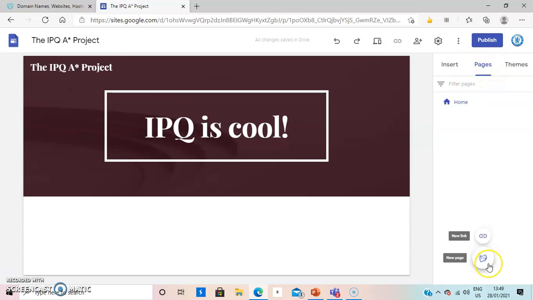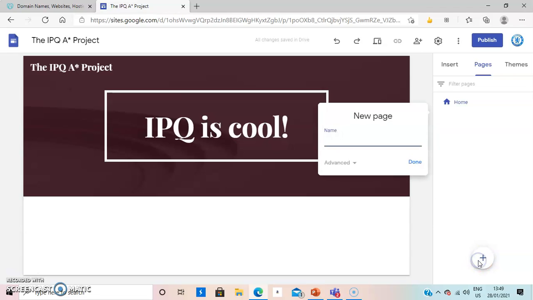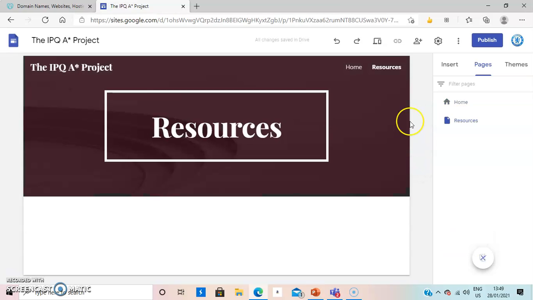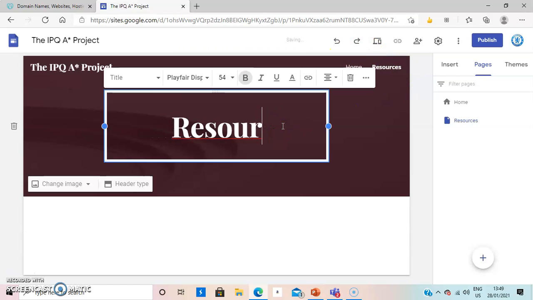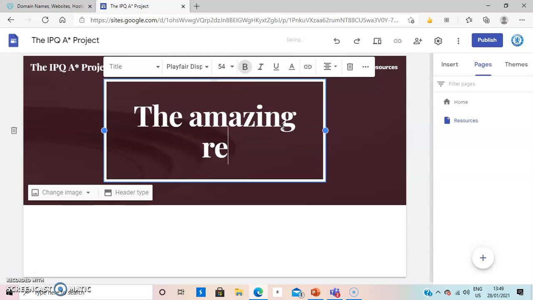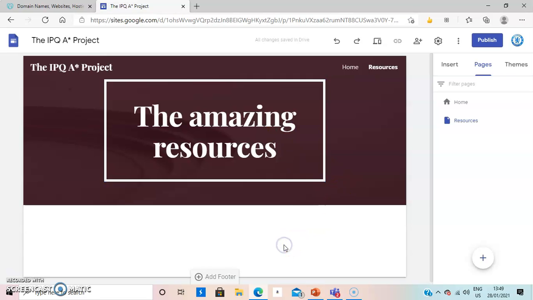Switching on to pages, you can see that we're currently at home and we can add any page we want. So let's add a page called resources. Once that's ready, as you can see, we now have 2 pages in our website. Wow, we're quick, aren't we? So let's call this the amazing resources. Now, once you're done with that,